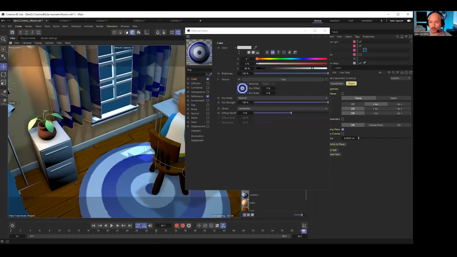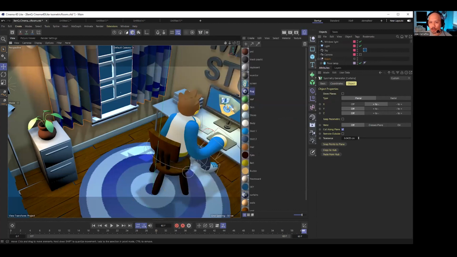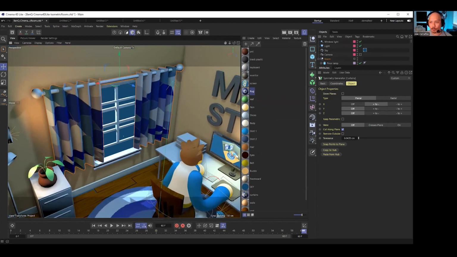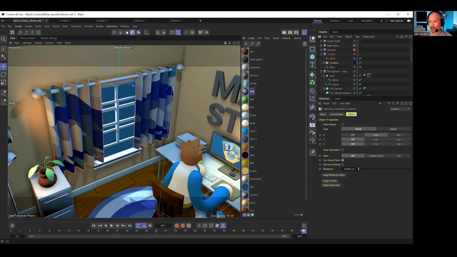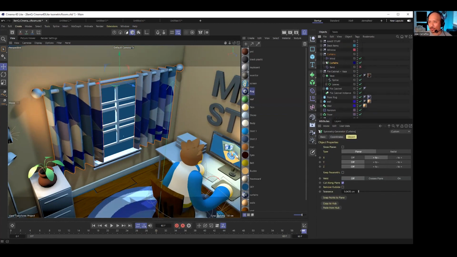Let's select our curtains. And here's one thing. If you select in right now, it's like, I don't know where anything is inside of my object manager. I want to target and reveal the curtains. We'll select it inside the 3D viewport. And if you hover over the object manager and hit S, it'll take you straight to that object. And so here we have curtains, but it looks like,